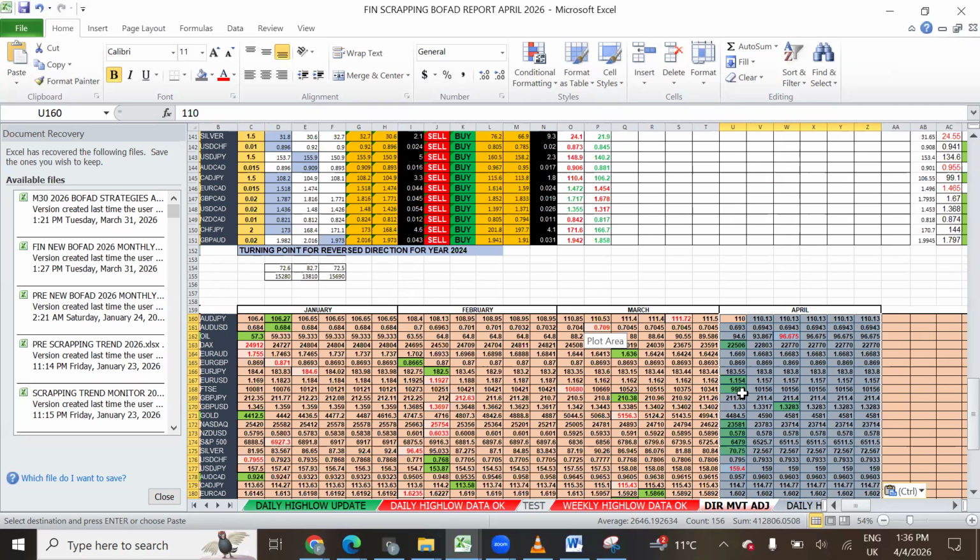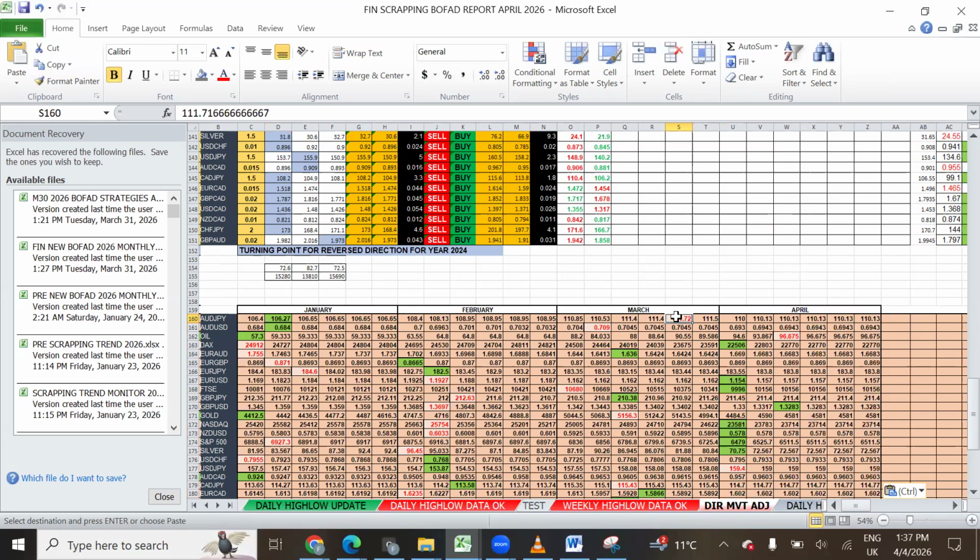So that is what I will now be able to use to follow the market for the rest of the year. So the first move here, for example, AUDJPY, the first move is this low point. The second move is a high point at 111.72. So you can see that the market is now below 111.72. So I expect the market now to continue this trend upwards for the rest of the